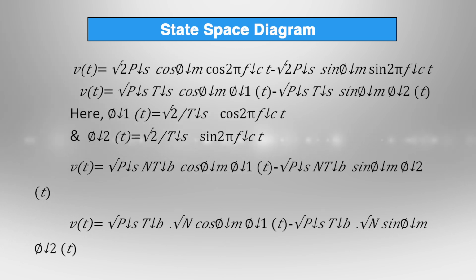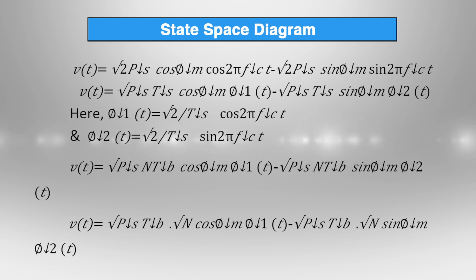which can be also written as V of t is equal to under root Ps into Ts cos phi m into phi 1 t minus under root Ps into Ts multiplied by sin phi m into phi 2 t, where phi 1 t is equal to under root 2 upon Ts cos 2 pi Fc t, and phi 2 t is equal to under root 2 upon Ts multiplied by sin 2 pi Fc t,